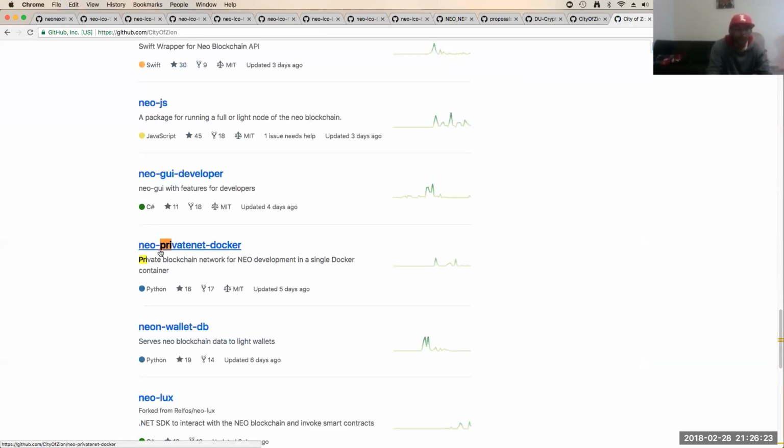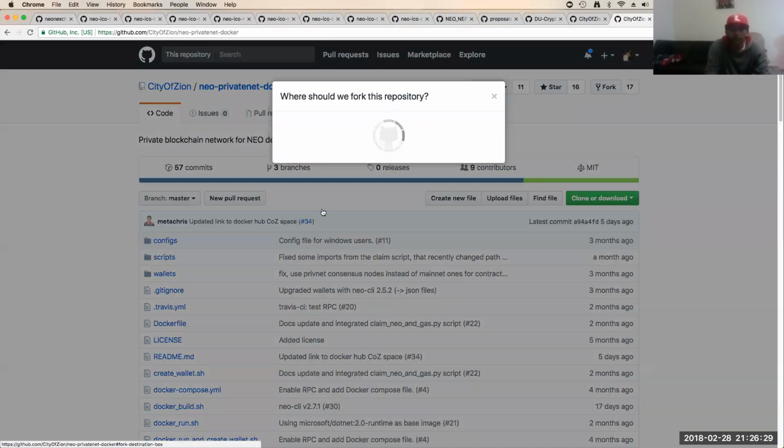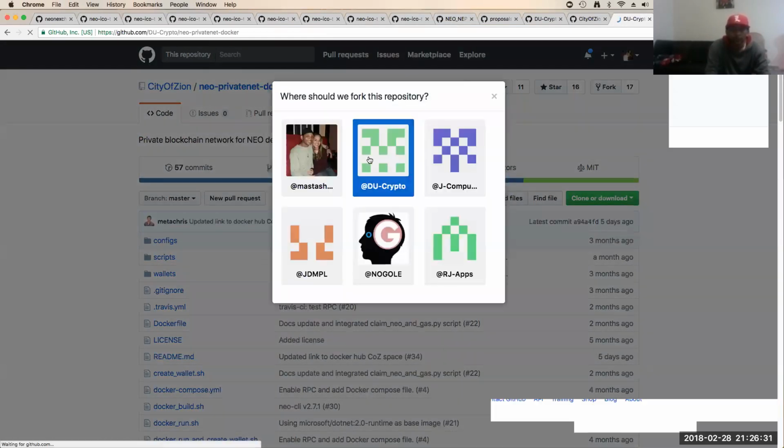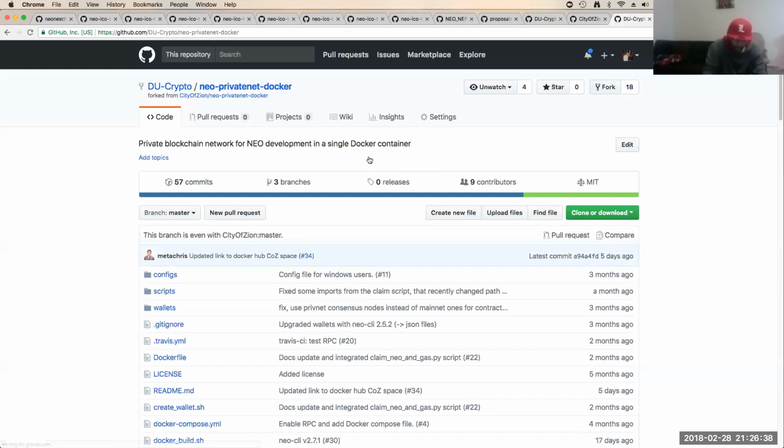So we have the NEO5 Docker. Let me go ahead and fork it into crypto DU. All right, cool.